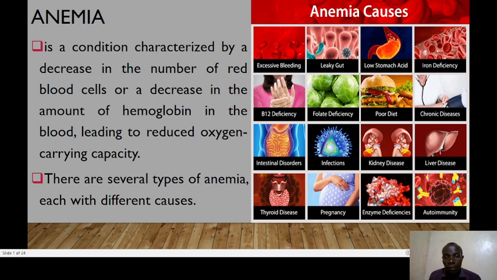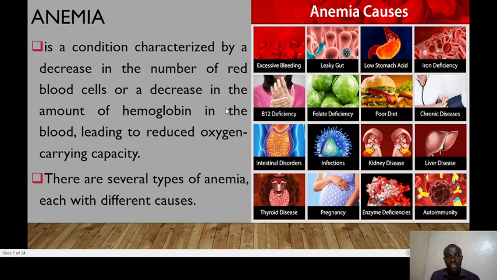And we have a number of causes. We have excessive bleeding. We have leaky GIT, low stomach acid, iron deficiency, vitamin B12 deficiency, folate deficiency. We have poor diets, chronic diseases, intestinal disorders, infections, liver diseases, thyroid diseases, pregnancy, enzyme deficiencies, and autoimmunity. Okay, so starting with the first cause,